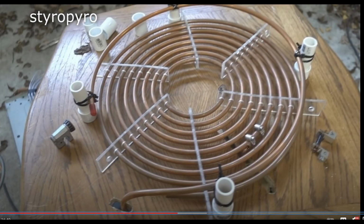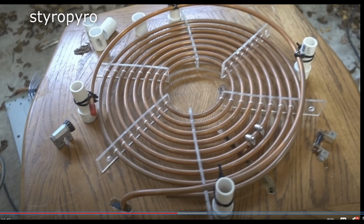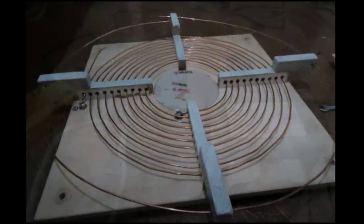And so I went back to old reliable Pyro, and I saw he was using this kind of copper conductor. It's 3/8 inch copper tubing, but it's expensive. So I was like, I'll try to avoid it if I can. So I looked at some other sources. Another person used this kind of wire. It's like solid wire, thick